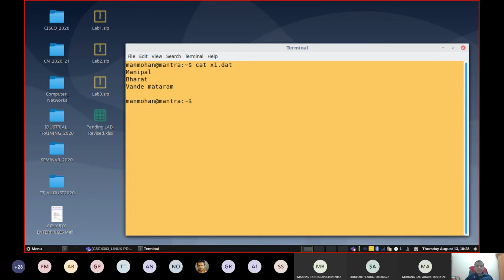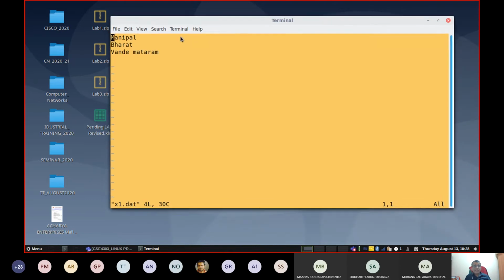Or else there is one more powerful command line program called VI editor. Its improved version is available with the name Vim. With Vim, you can type the program name and the file name and press enter key. Then you will get this particular content in the terminal. You are in the terminal already. I opened an already existing file.